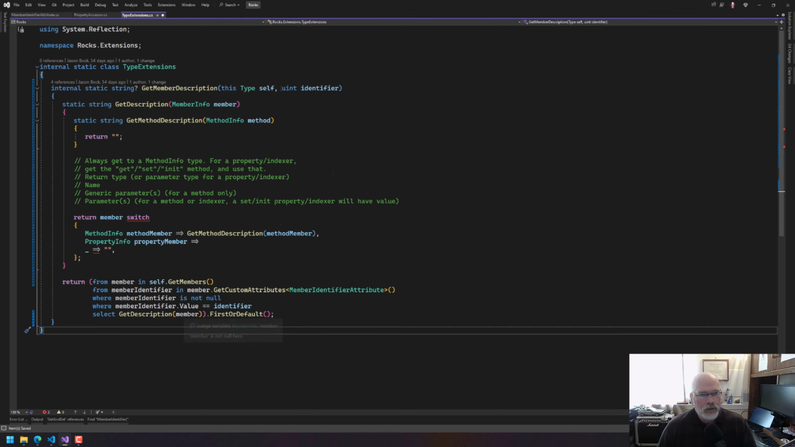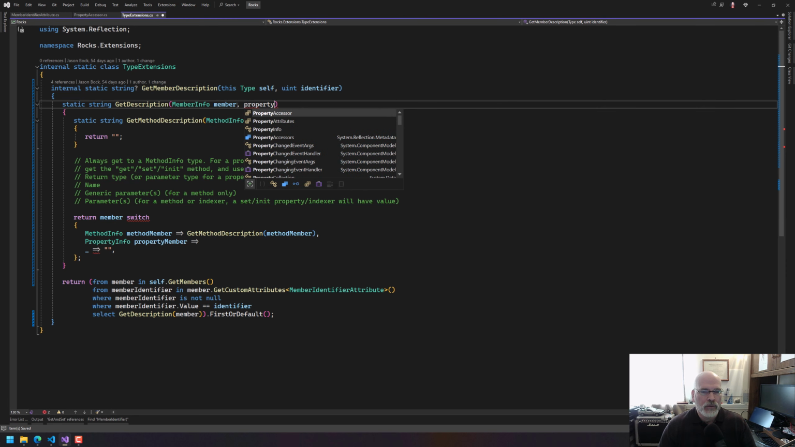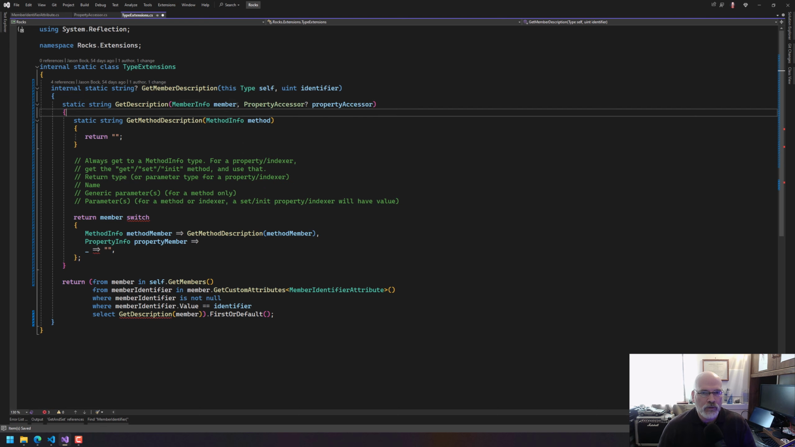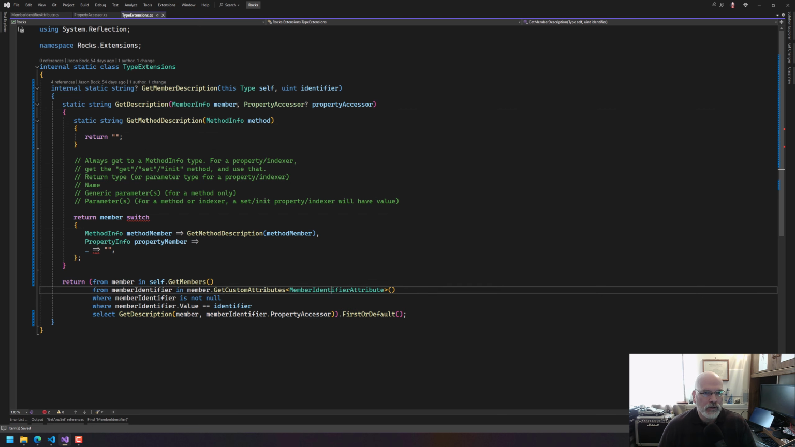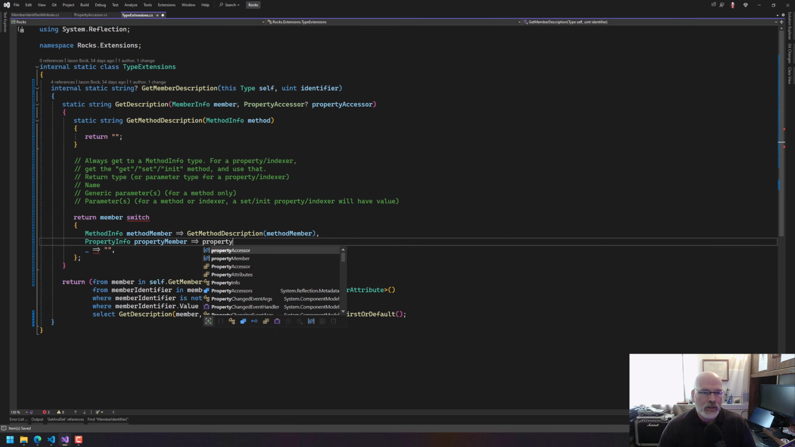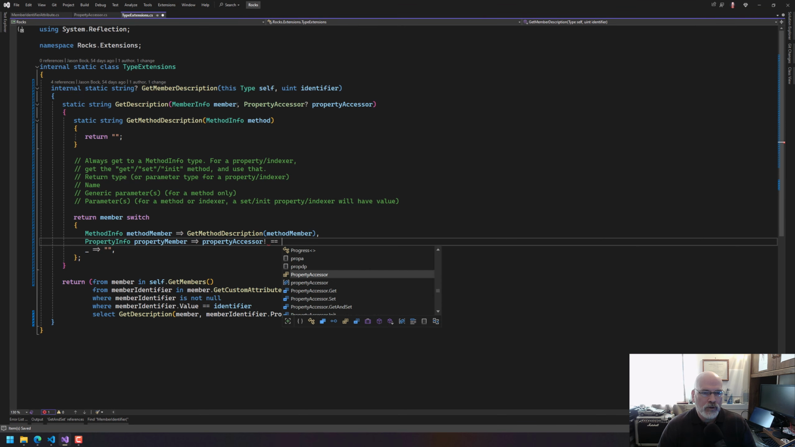Except here, I think I need to pass in the property accessor here. And so from the member identifier, property accessor, there. Okay. So now what we say here is this would not be null if we were on a property. I'm going to make that assumption. So I can say property accessor. I don't even need the thing there. If it's a get,